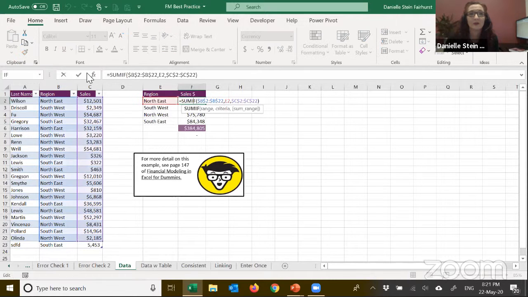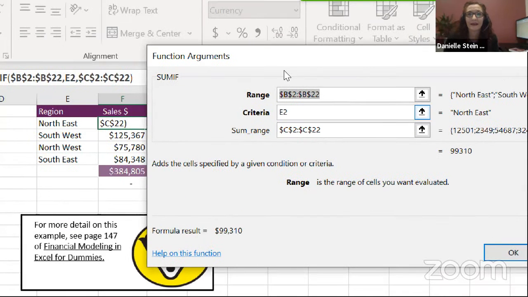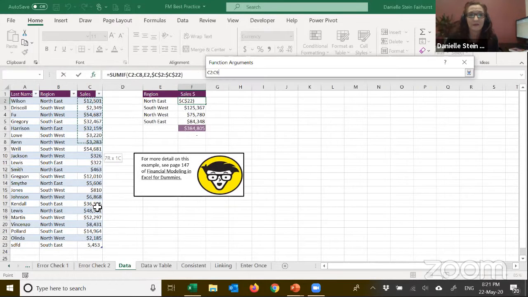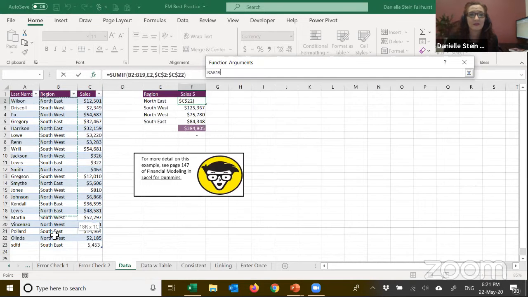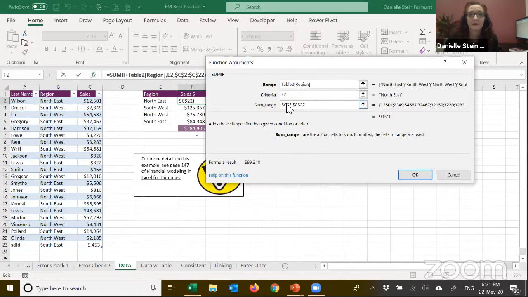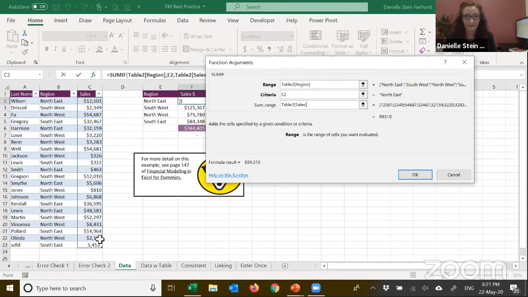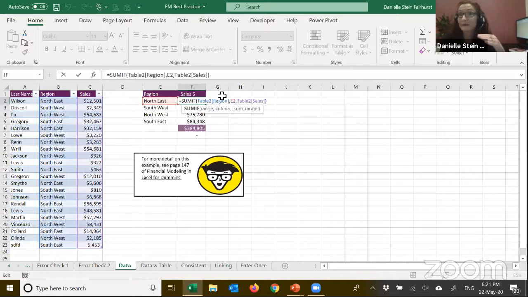So then when you go in and use the formulas, instead of using dynamic formulas like that, static formulas, you use the names like that. So the range would be the region, and then the sum range would be the sales. Something like that. That's just a much better practice way of building the formula.